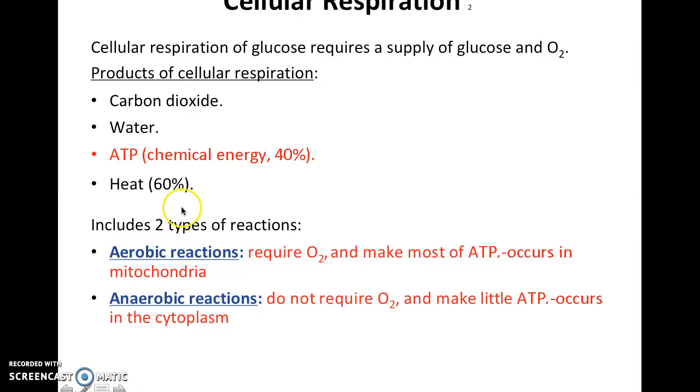So we said it requires 2 types of reactions, aerobic and anaerobic. Aerobic requires oxygen and makes the most ATP, and it occurs in the mitochondria. Anaerobic does not require oxygen, but it still actually makes a little bit of ATP, a little bit of energy, and it occurs in the cytoplasm. Aerobic, again, when you do aerobics, it takes oxygen. And then anaerobic means the